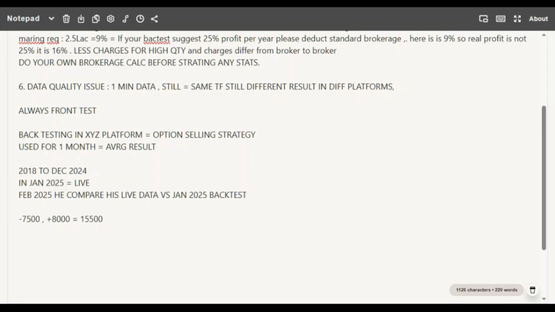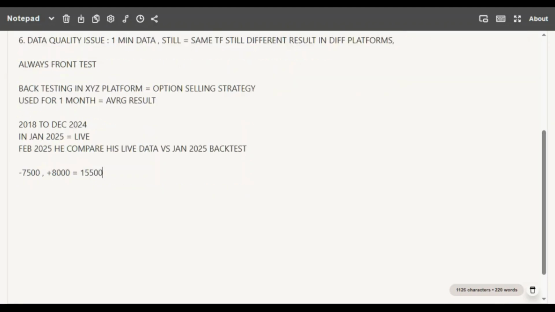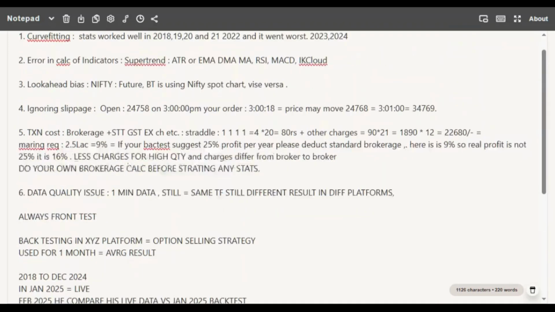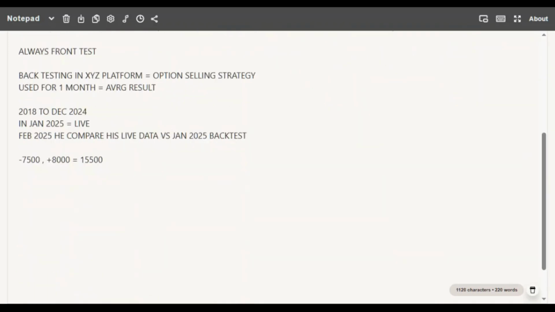This was not his mistake, this was the backtest company's mistake, but the company clarified that they have 1 minute data. I will show you what happens. I'm assuming what happens, but I know what happens, and I will tell you with an example. Let's say we have 60 seconds before another closing comes. Let's say the data of this 10 minute candle and data of